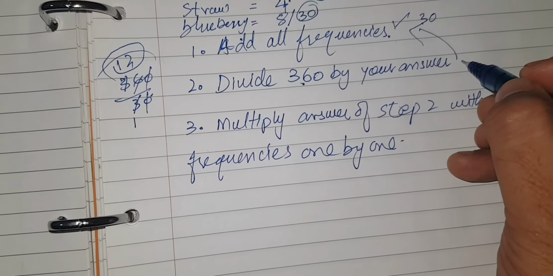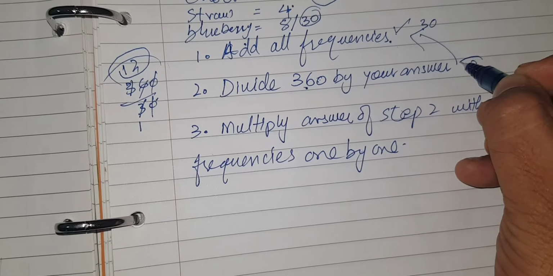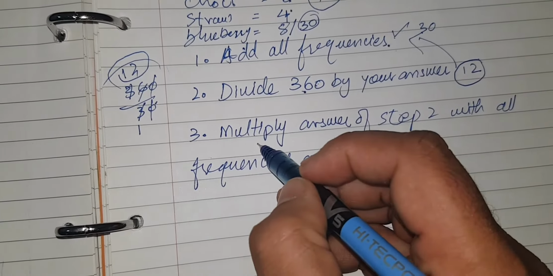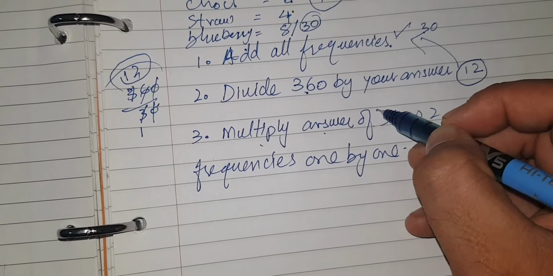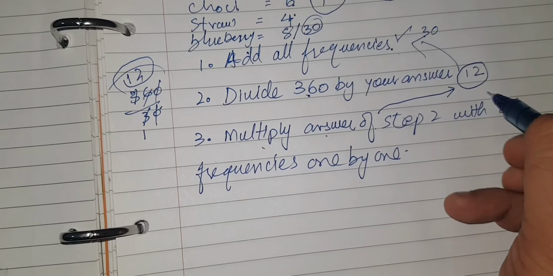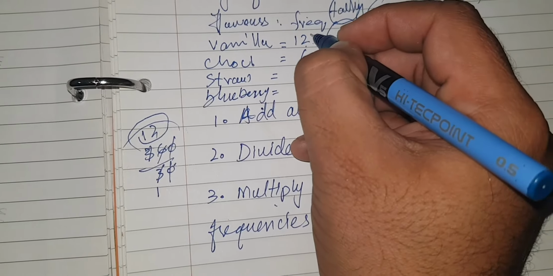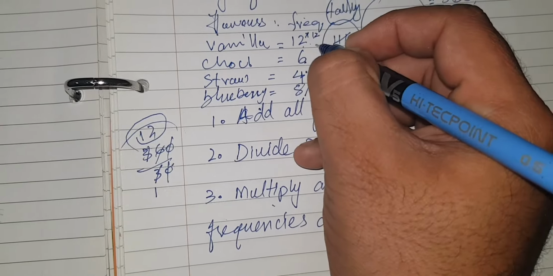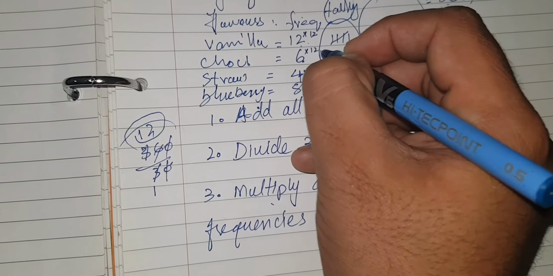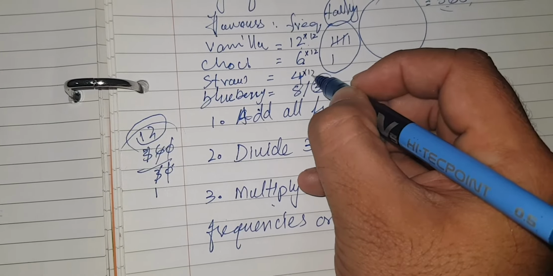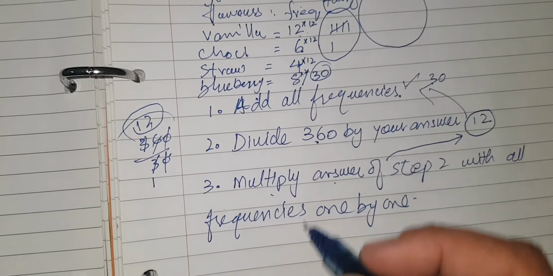Now I got the answer from here, 12. Now this 12 is what? Multiply answer of step 2. This means multiply this 12 with all frequencies one by one. So I'll go up, I'll multiply this with 12, multiply this with 12, multiply this with 12, and multiply this with 12. So 12 times 12 is